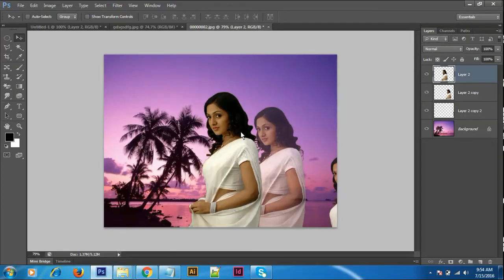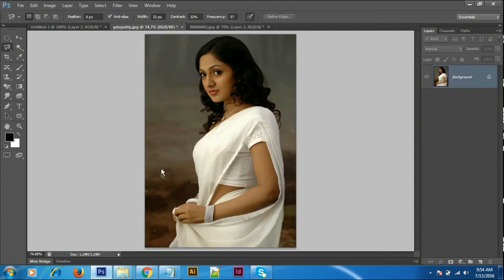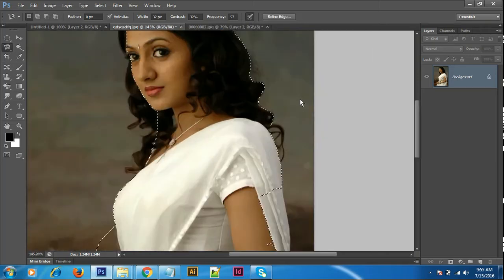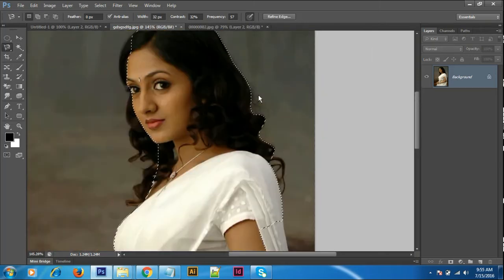It's completed. Then we have one more. We left one more tool, called the magnetic lasso tool. How does it support working with multiple backgrounds? Suppose I take this magnetic lasso tool and click here. See what happened? Is it controlling? It's not controlling. Sometimes it's controlling. That tool works only based on pixels.